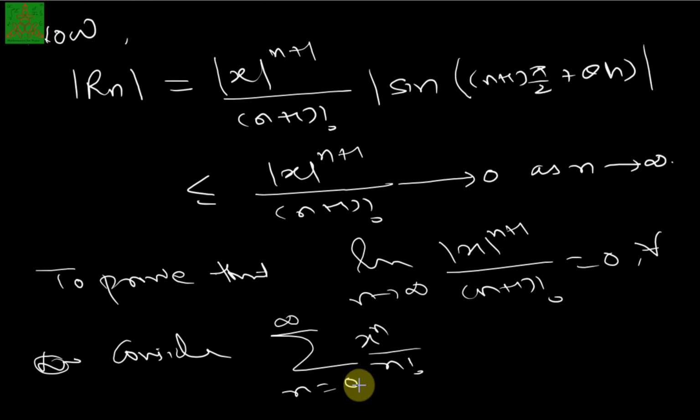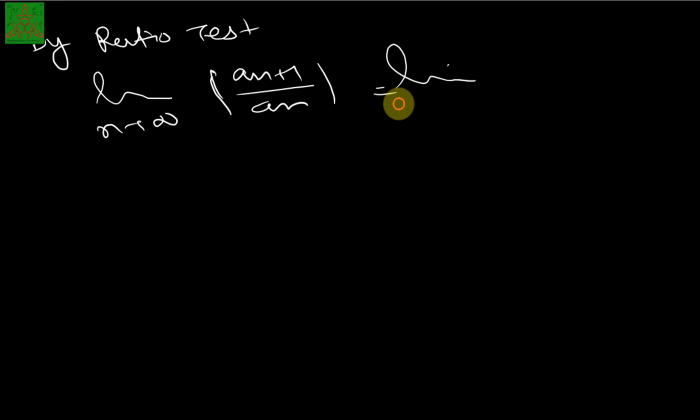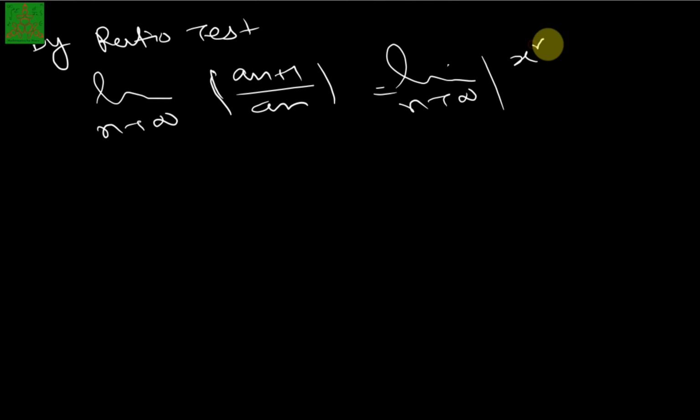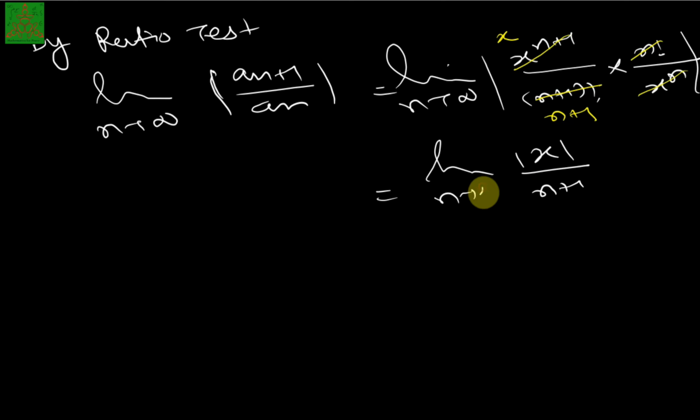If I consider this series by the ratio test, the limit of the mode of a(n+1) upon an as n tends to infinity: here a(n+1) is x^(n+1) upon (n+1) factorial into an, which is x^n upon n factorial, in the denominator. You just observe that x^n will cancel out, left with x, and n factorial will cancel out, left with n+1, so we are left with the limit of the mode of x upon n+1 as n tends to infinity,